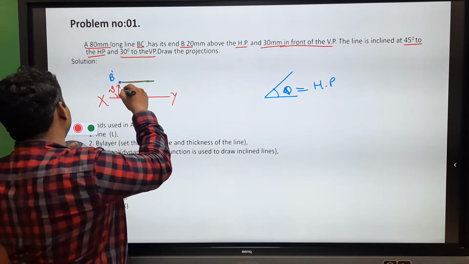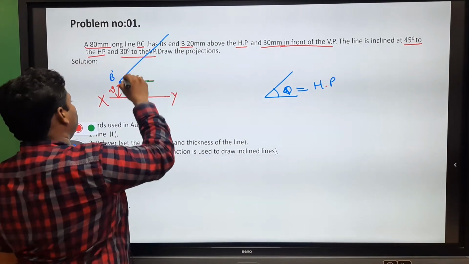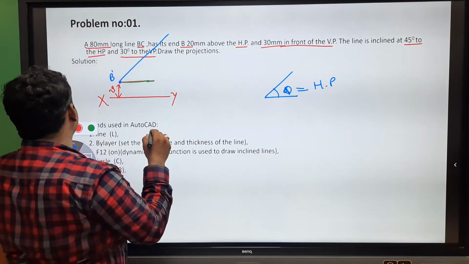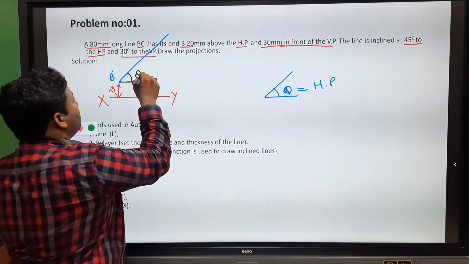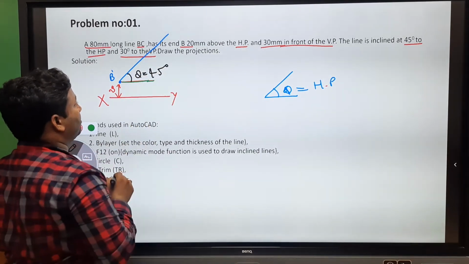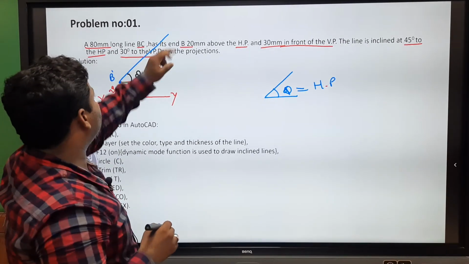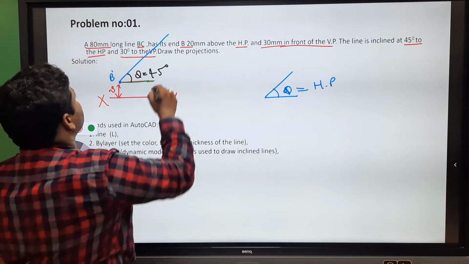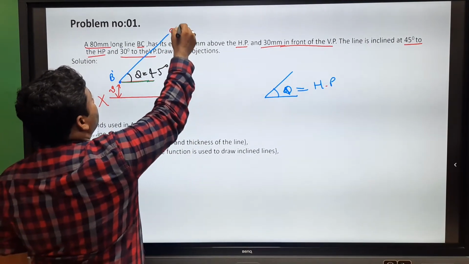So, from B, I am drawing an inclined line by making an angle theta equal to 45 degrees. This is the first condition. Now, this is my B, and here I am writing Q1 complement.